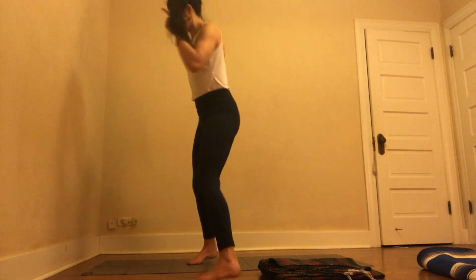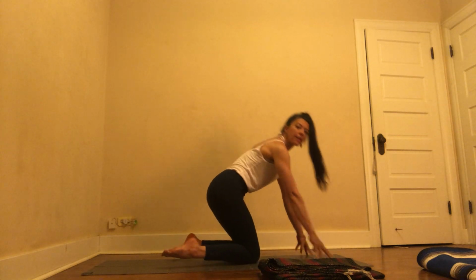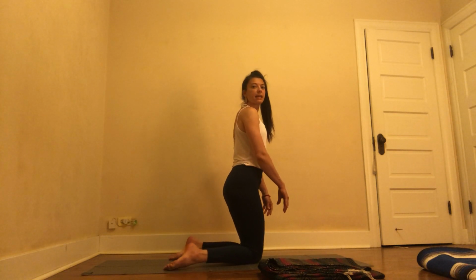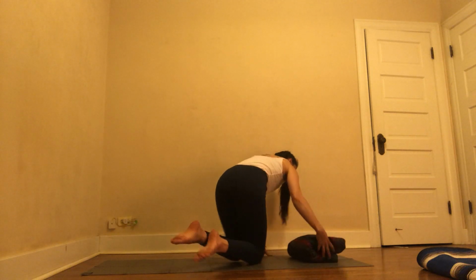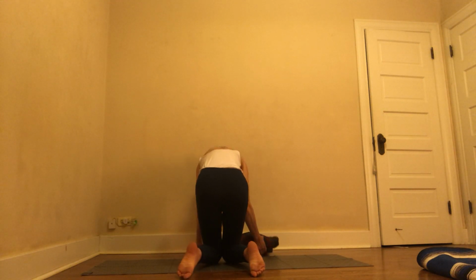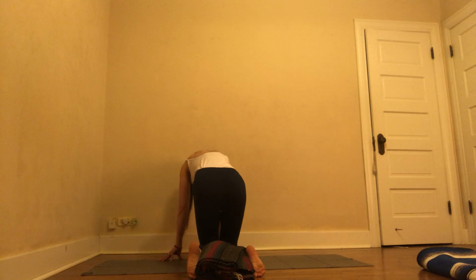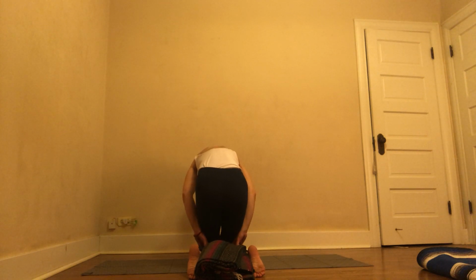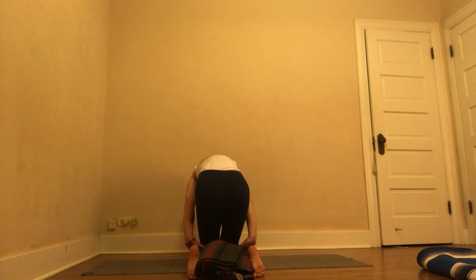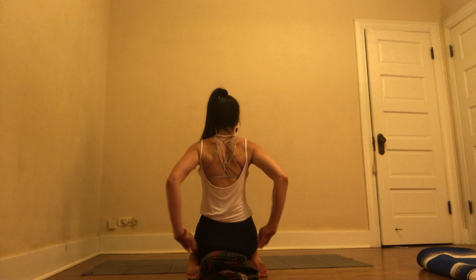So we're gonna start in hero's pose. Hero's pose with the knees together, the feet apart, and the feet spread as wide as the hips. Notice how I'm taking this blanket, I'm folding it, and I'm gonna place that height between my 2 feet. From there, can you place your hands into your calves and pull your calves away from your knees